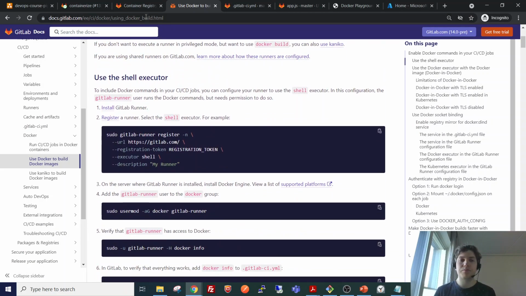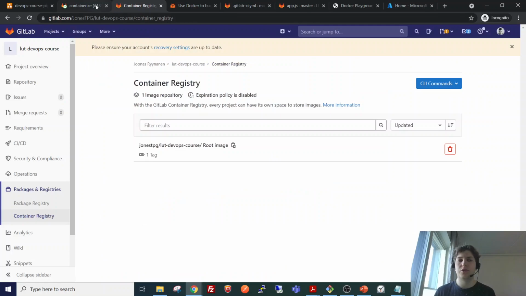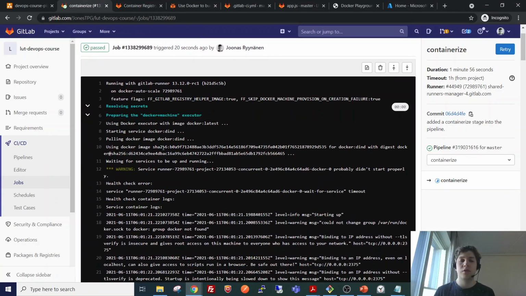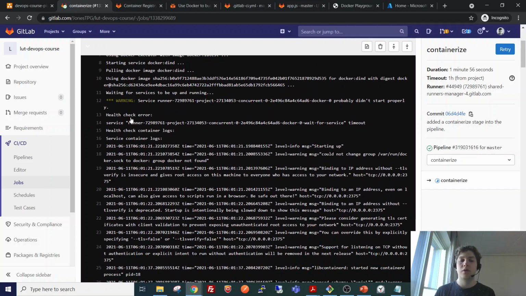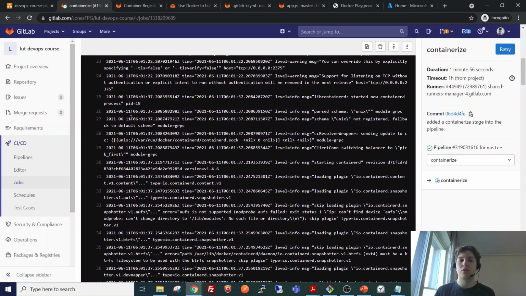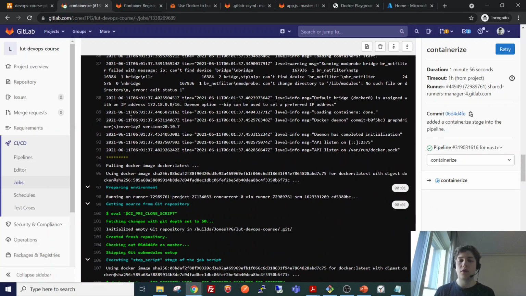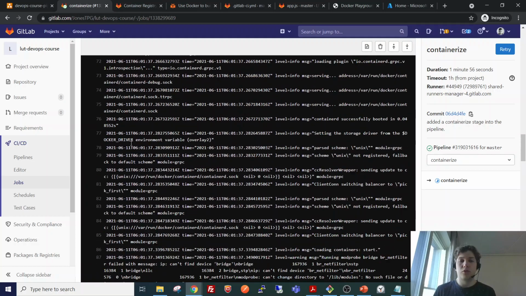I think the default is the Docker plus machine executor because we haven't defined it differently, and it is very useful because we can assign certain base images like the node image or the Docker image to the runner.